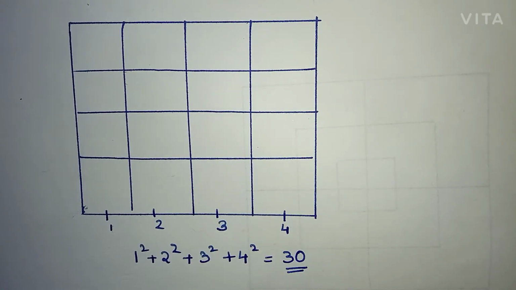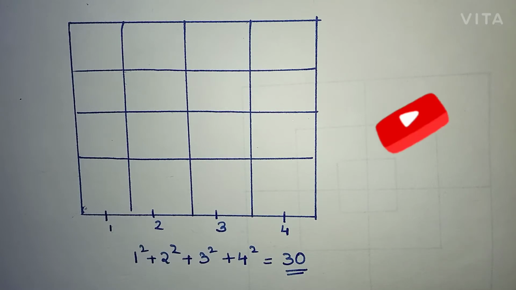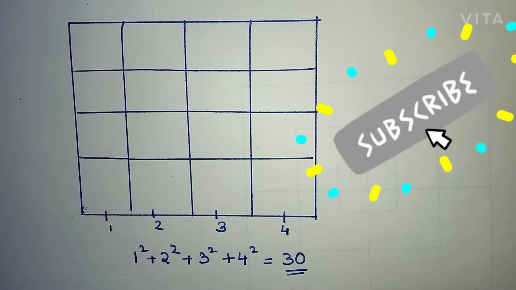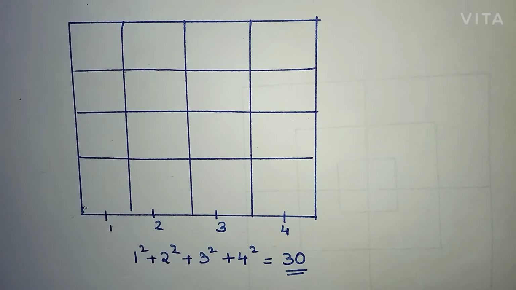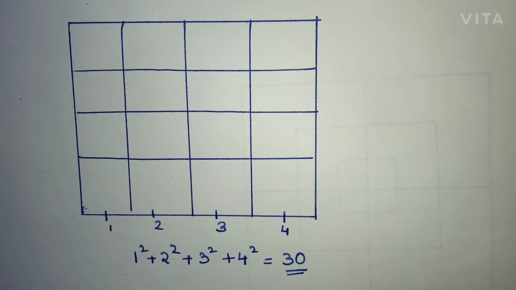In a similar way, if the rows and columns are equal and they have given a bigger square, like if there are 9 cross 9 rows and columns, just do 1 squared plus 2 squared plus 3 squared plus 4 squared plus 5 squared, like that till 9 squared and find out the answer. Okay, now let us go for another one where the rows and columns are not equal. Then how will you find out for that?